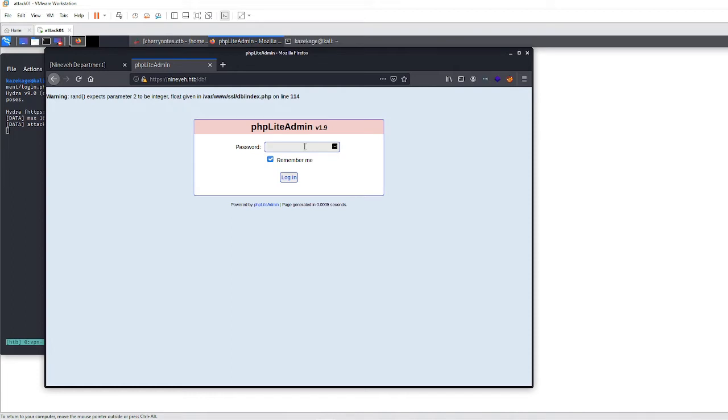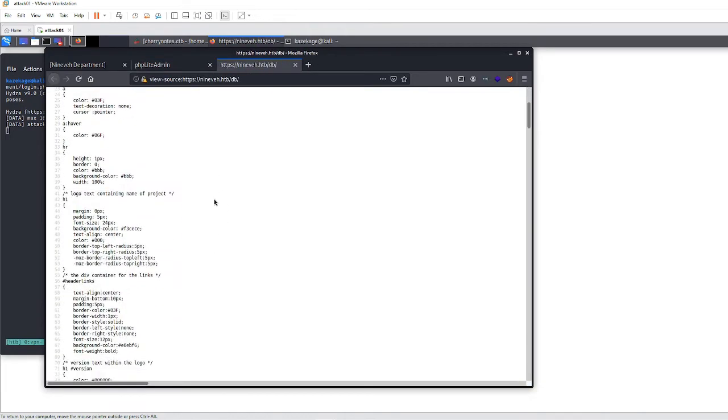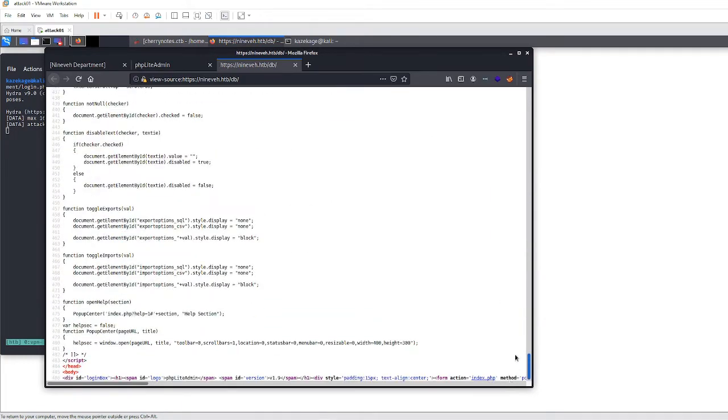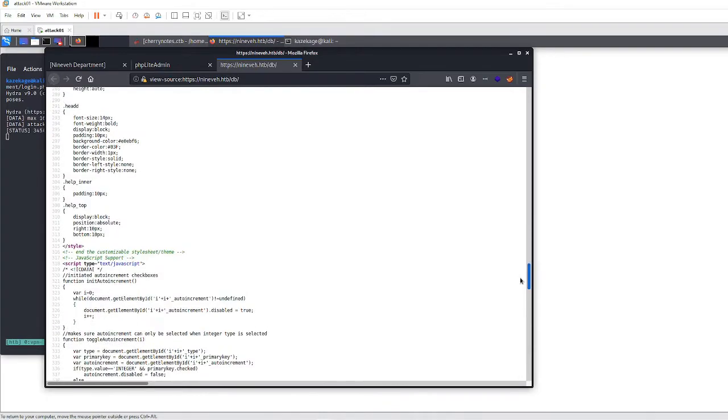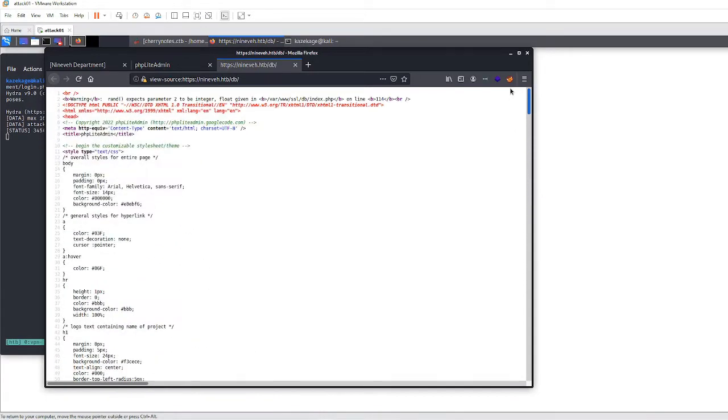To try to brute force into the password. It obviously has the username set somewhere for us. Yeah, I don't think I saw anything interesting here in the source page. No. All right,